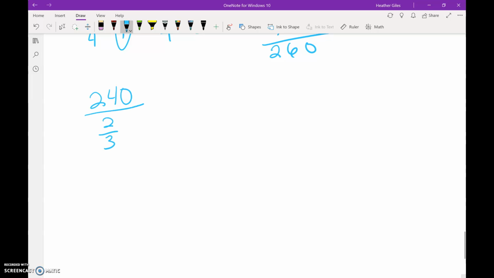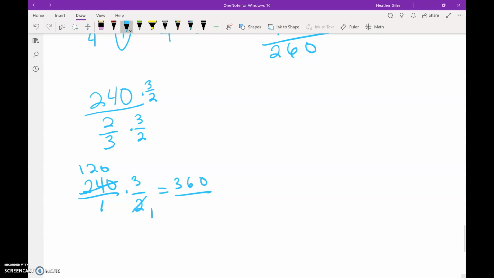What do I do to get that fraction to 1? What do I have to do? Multiply by the reciprocal. So I'm going to multiply by 3/2. Whatever I do to the bottom, I have to do to the top. So 240 over 1 times 3/2. I bet 240 has something it shares with 2. 240 divided by 2 is 120. 120 times 3